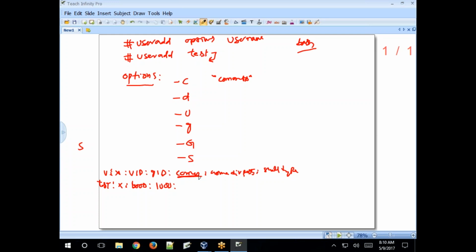For example, create a users directory under the top level directory and create one directory as test. Without specifying this directory, by default the home directory will be /home, then the username.